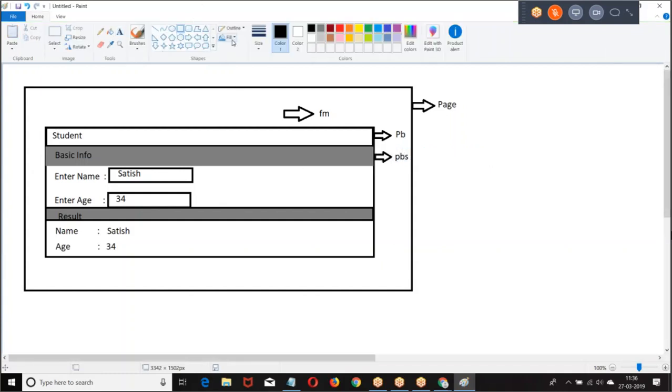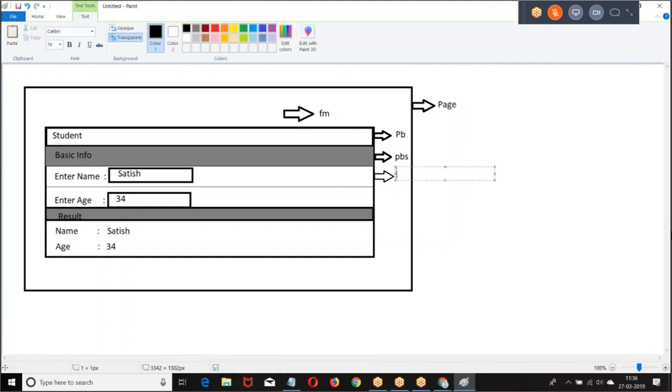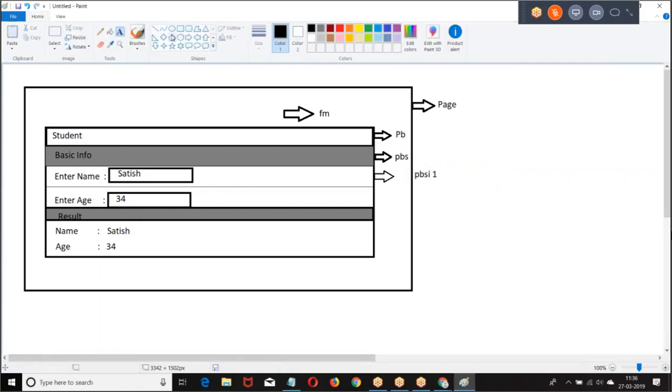In the page block section we have a page block section item.